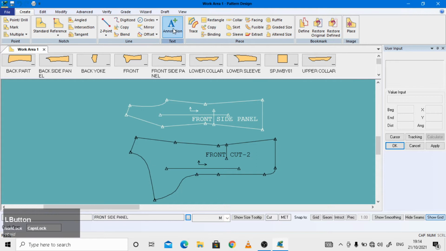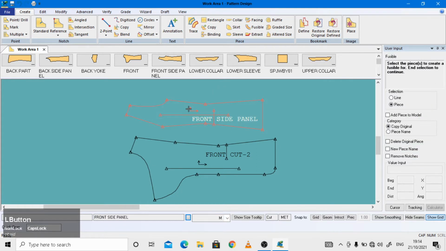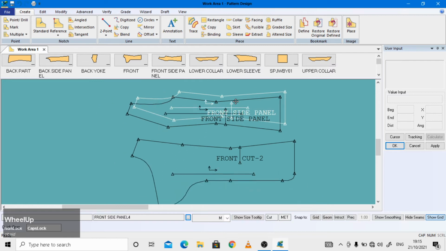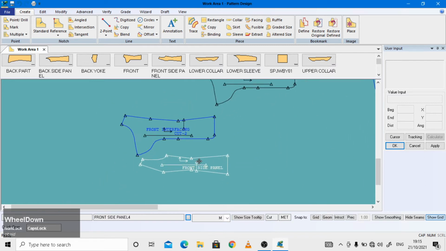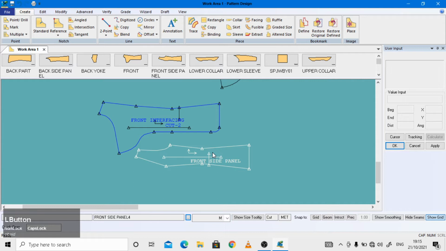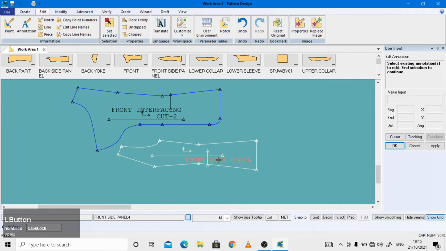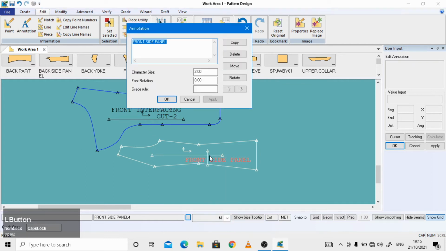Just go to create fusible and select this piece, right click and then OK, and now you have to enter minus 0.3 and hit the enter button, right click and then OK. Now you can see this component would be called the side panel reinforcement component. Go to edit annotation, select the annotation, right click and then OK. Now you can give the name front side panel reinforcement,